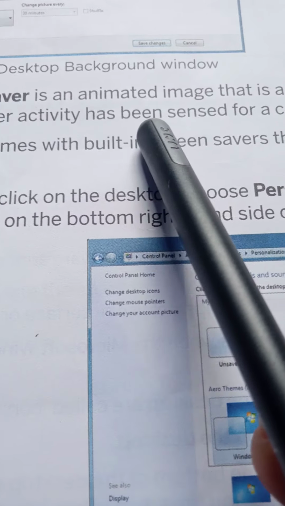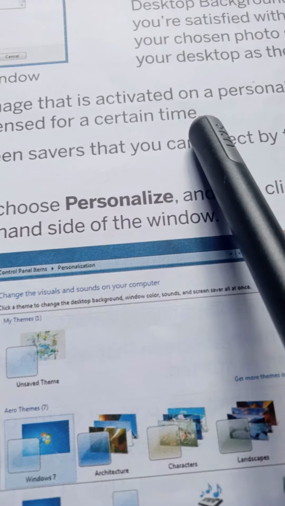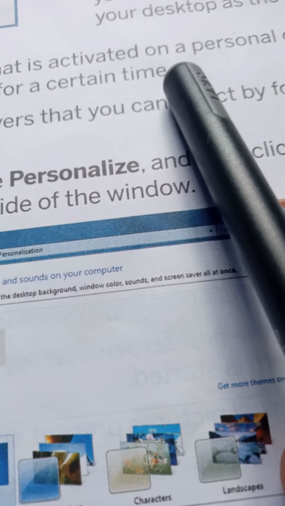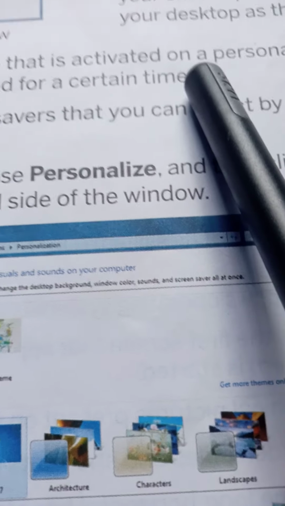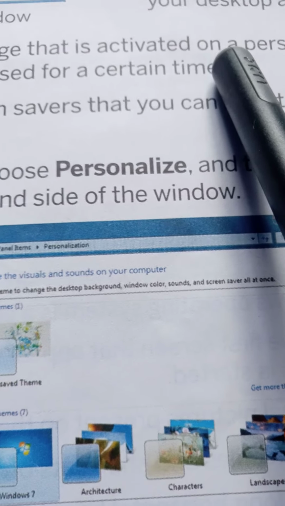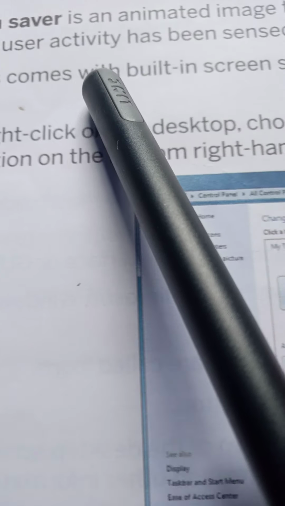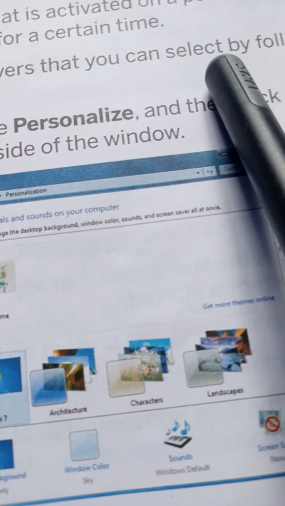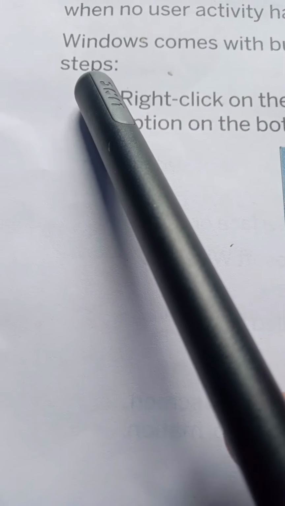When no user activity has been sensed for a certain time, when the computer feels that for 2 minutes or 3 minutes you are not working with the computer, then Windows comes with built-in screensavers that you can select by following the below steps. Then what happens? Then the screen automatically goes to screensaver mode.